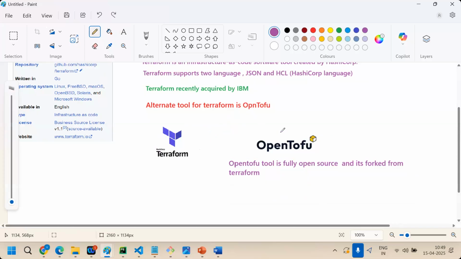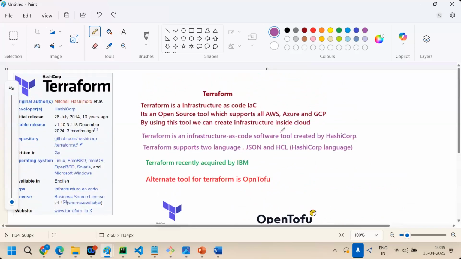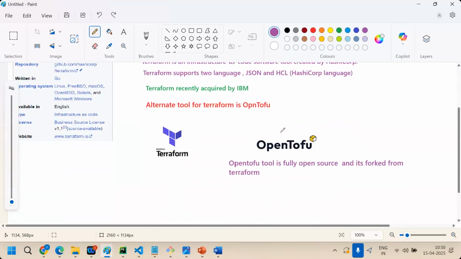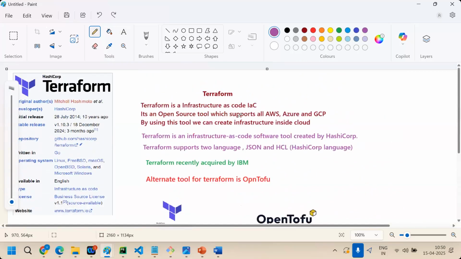Clear now? Mostly in organizations, they use the Terraform tool to manage resources, to delete or create and all.